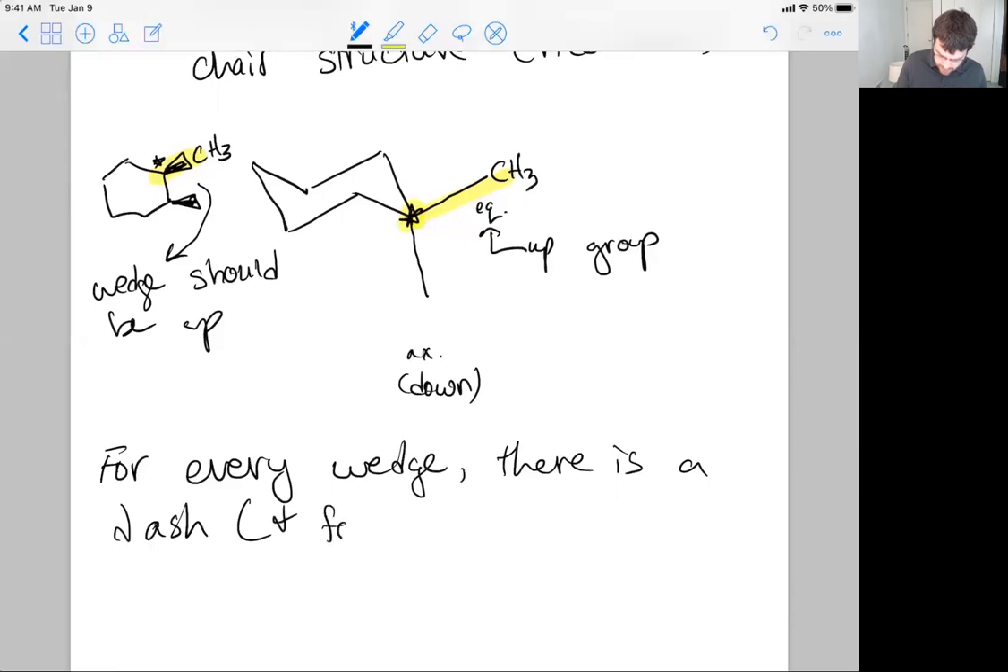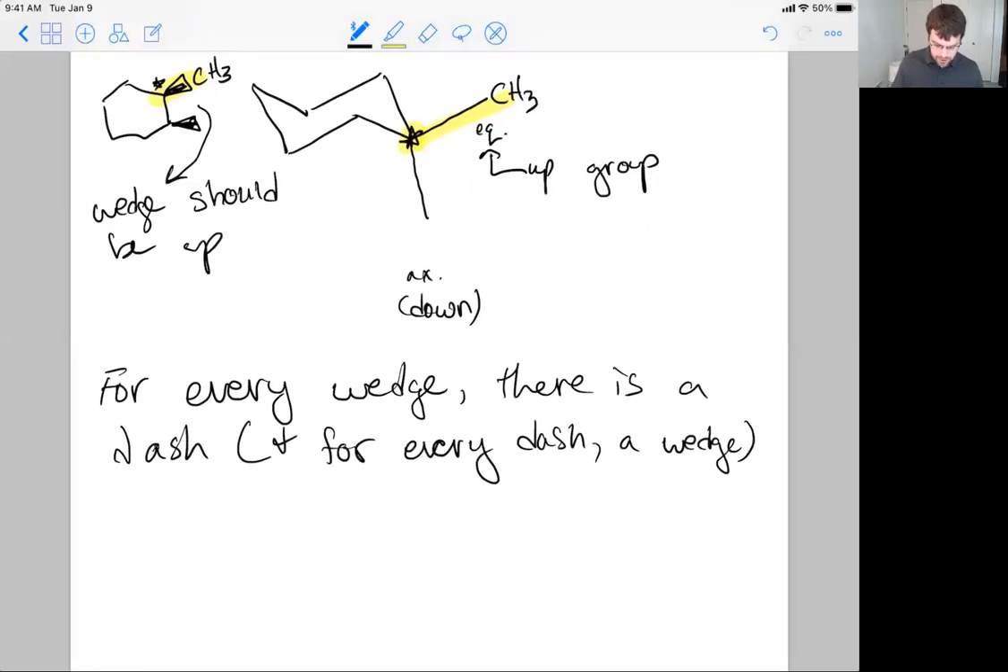And for every dash, there is a wedge. So it's just saying going in both ways. So why do I say that? That's kind of an awkward phrase. Well, what I'm saying is that if we look at